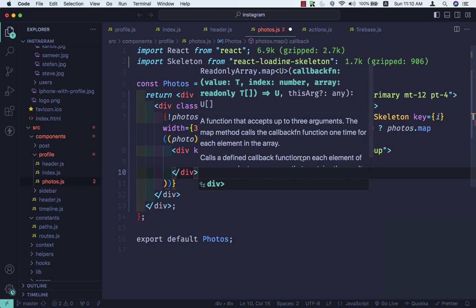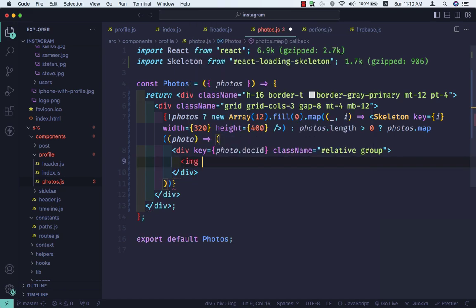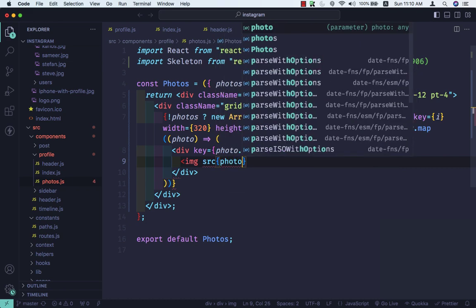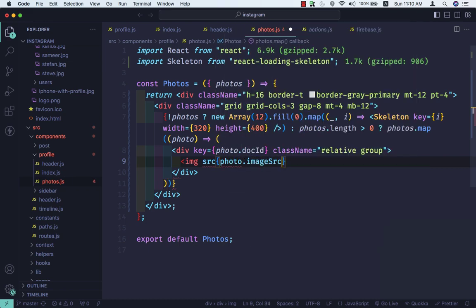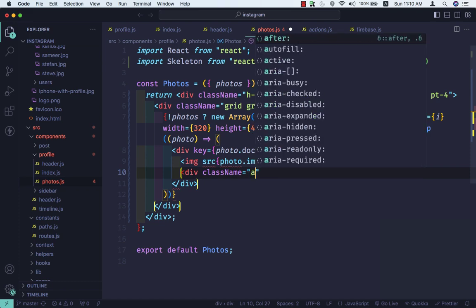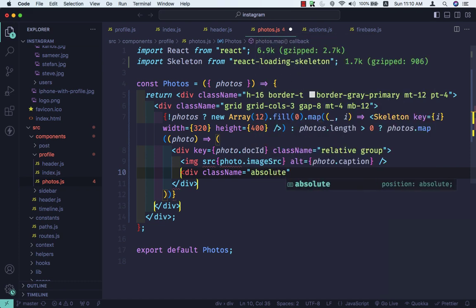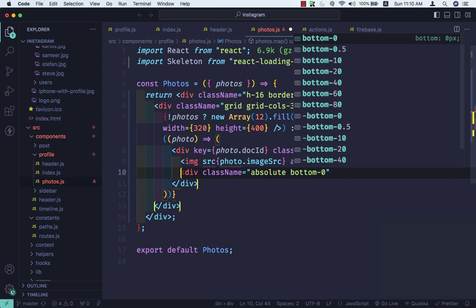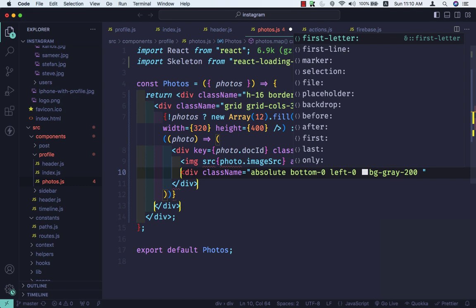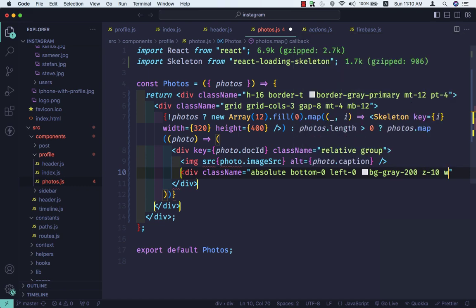Okay, and inside this div I'll take an image tag that is going to be src photo dot image src. Okay, alt tag will be photo dot caption. Let me close this image tag, and after the image tag I'll take one more div with a class name that is going to be absolute, bottom 0, left 0, bg gray 200, z index will be 10, width will be full,